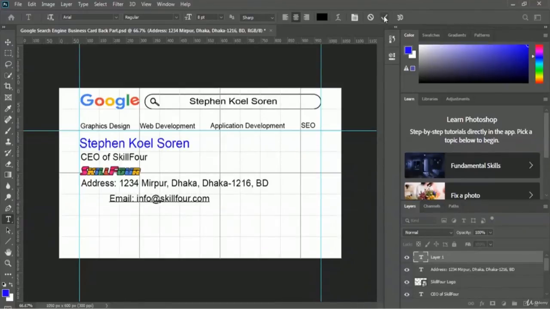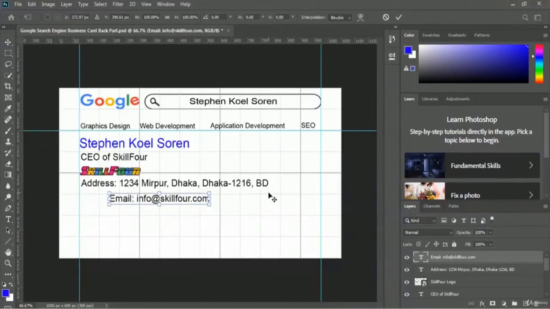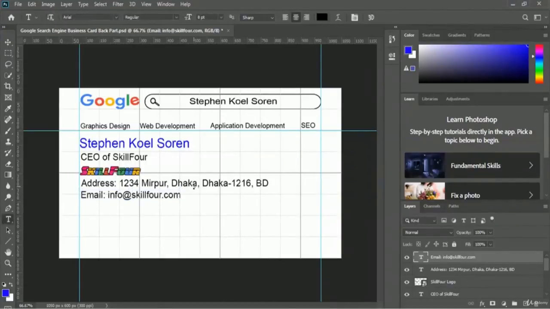And here is the tick mark, and let's scale this email properly by pressing Ctrl and T button, and